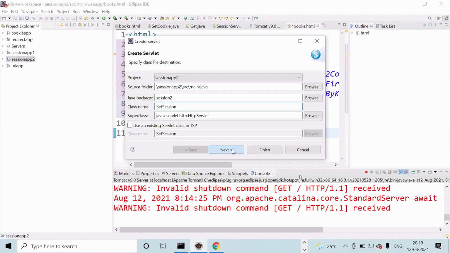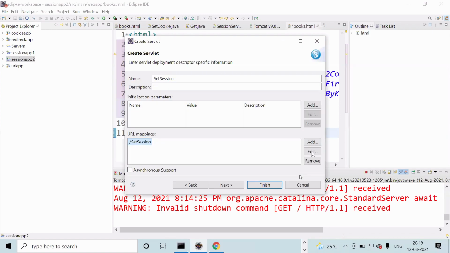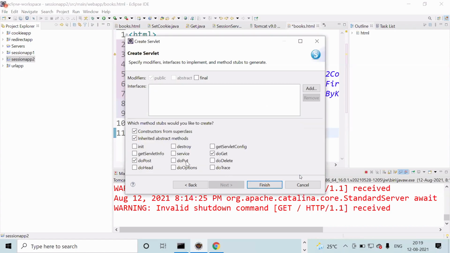Click on next. This name, because already given set in the HTML program, you have to write set. That is the reason set. Okay, next. Now, this program also I'll copy. That's why I'll remove all these. I'll copy. Okay, finish.